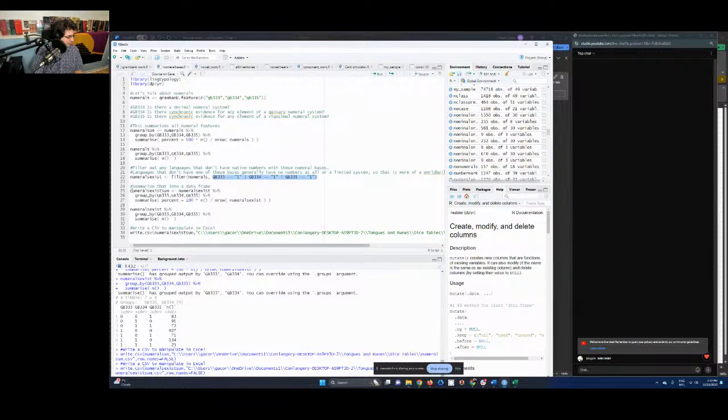Now, I have these numerals. I do a summary of that by percentage. I'm going with that. You can also just do it by the count, just by doing the n. This just saves me a step, and then I write that to a CSV and put it in Excel,